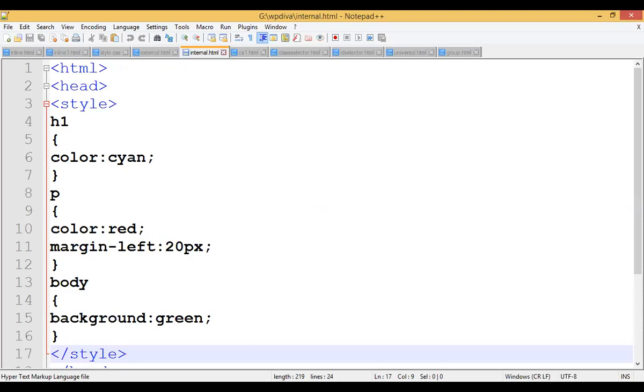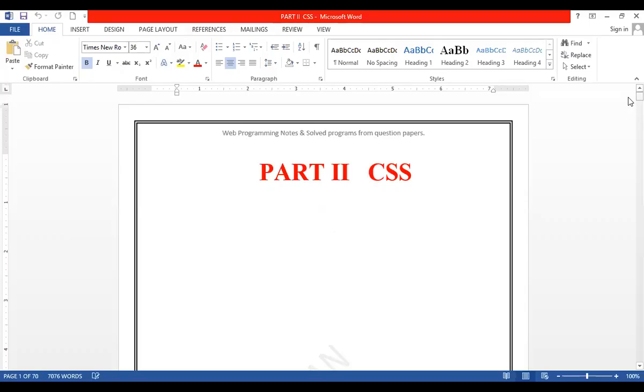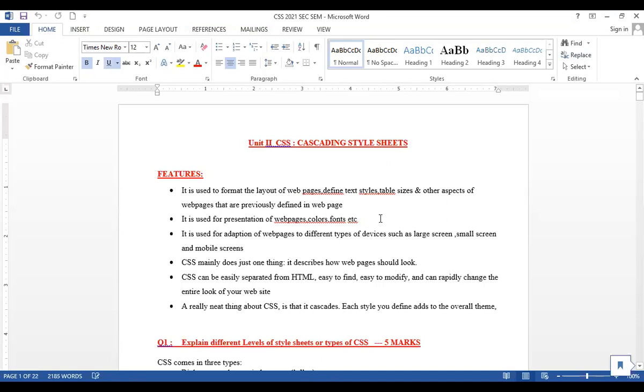I have already framed your notes. I will just share it, just a minute. So these are your notes for the second unit. I have already started creating that.